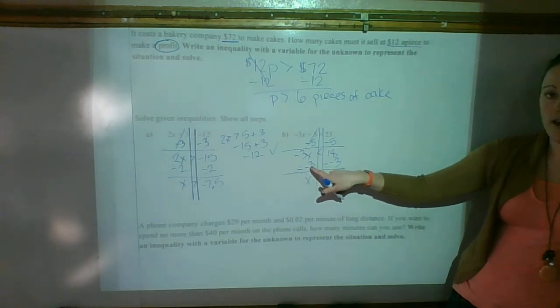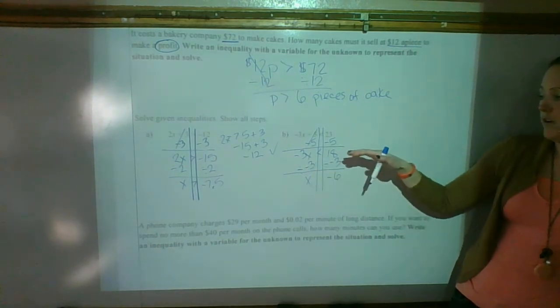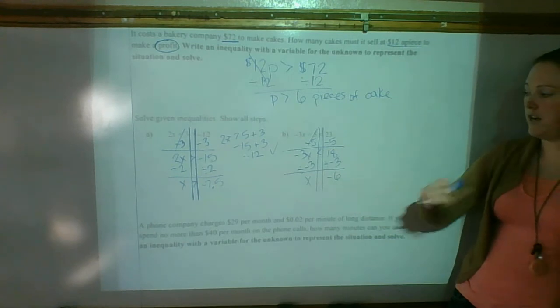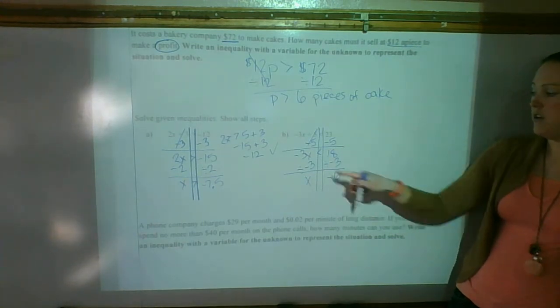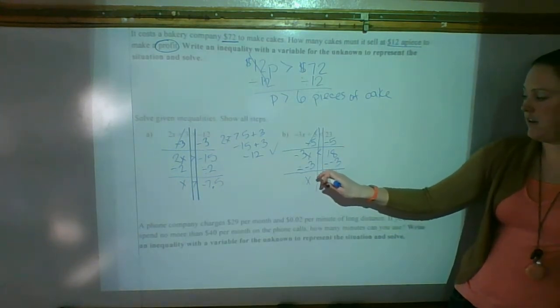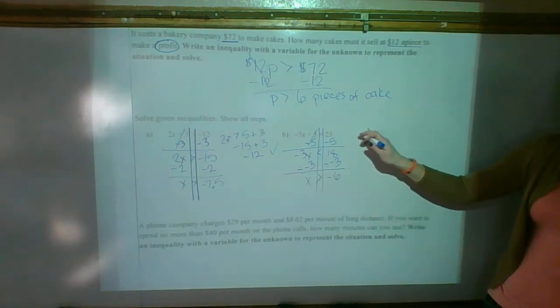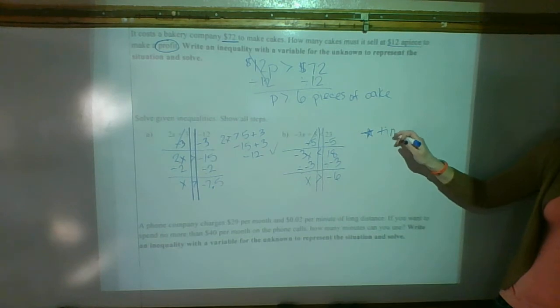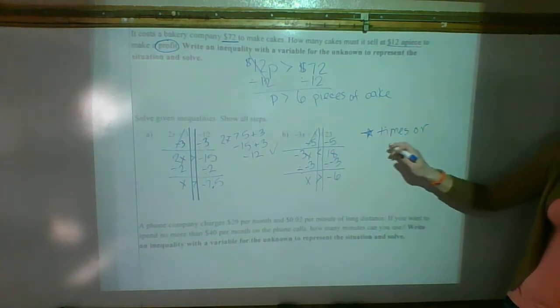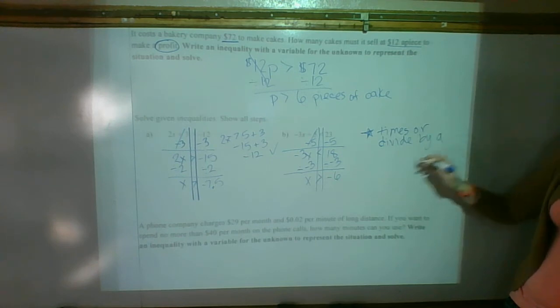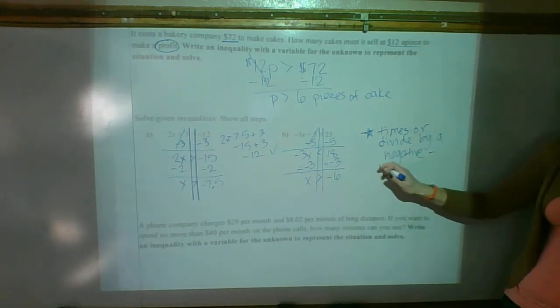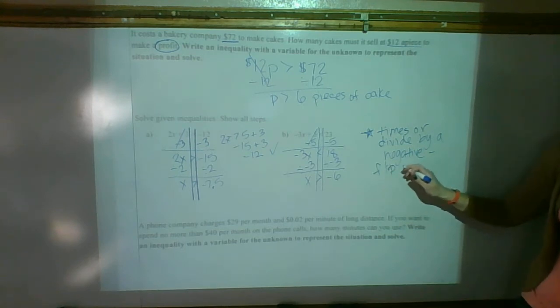When I times or divide by a negative, my answer went from being on the positive side of my number line to now I'm looking at the negative side of the number line. So instead of being less than, my final answer is going to be more than. So I would make a special note to myself over here. If I times or divide by a negative, I need to flip my symbol